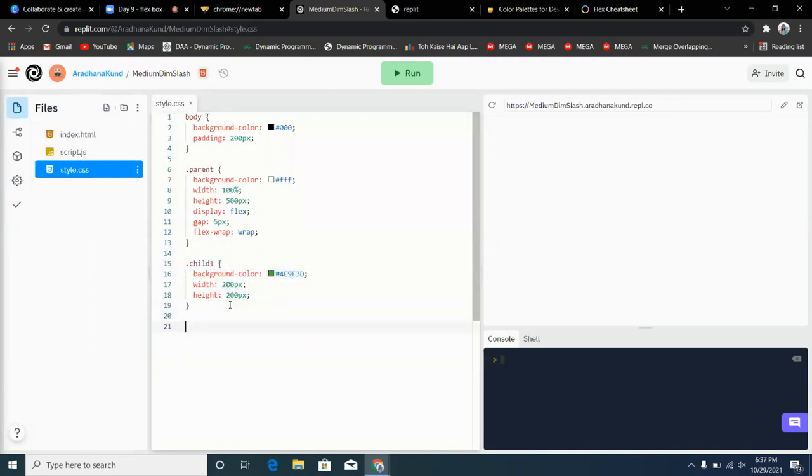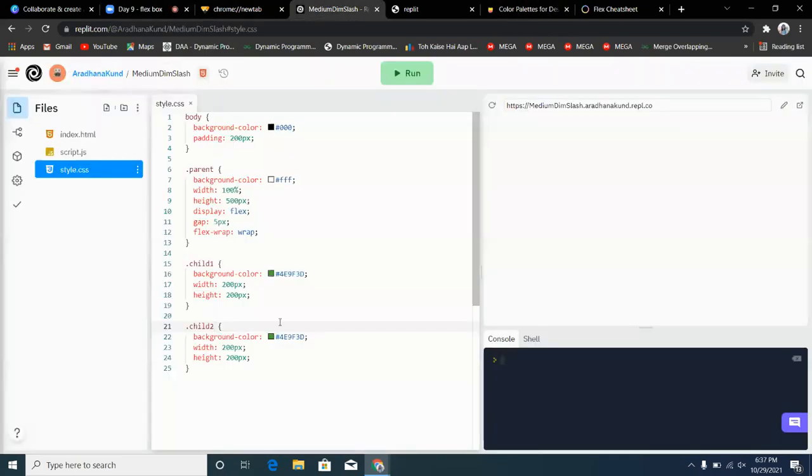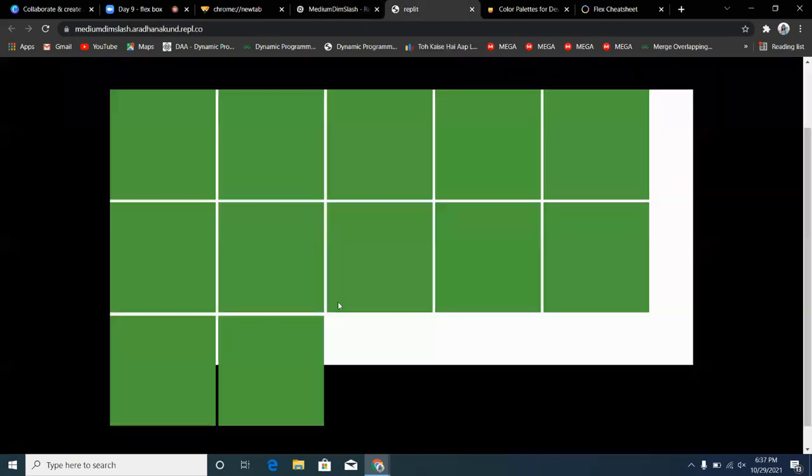For child2, let us take a red background color, paste it, and change the width and height. Let the width be the same, and the height a bit different.